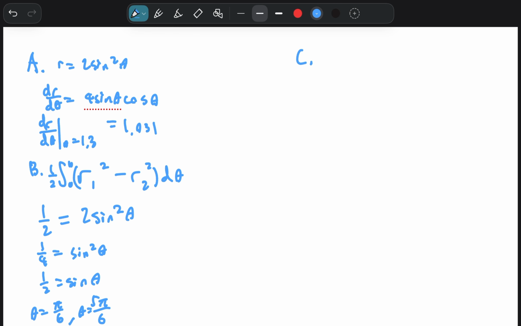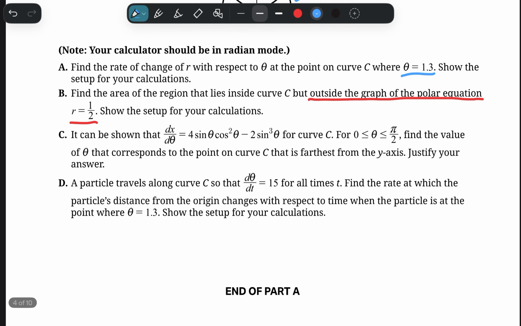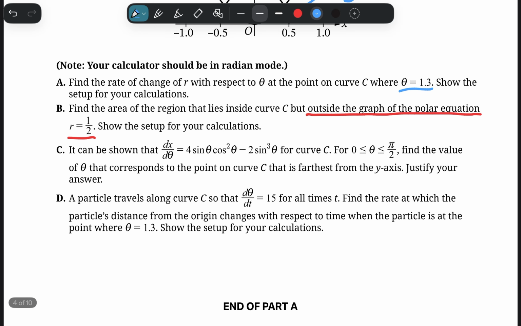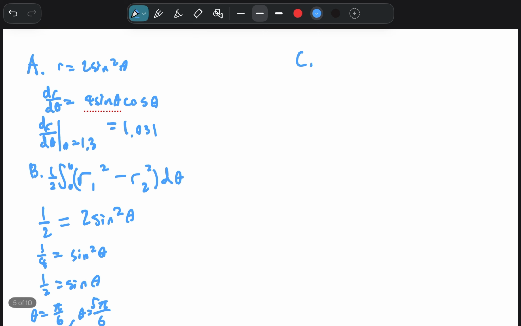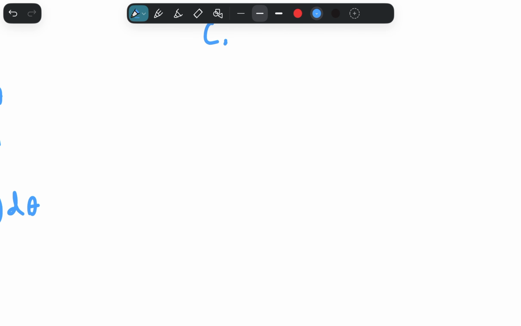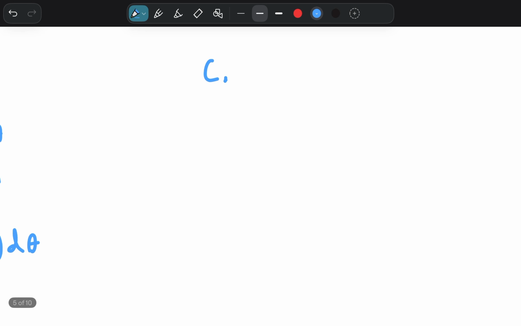Now, moving on to part C here, the question asks: it can be shown that dx/dθ is equal to 4 sine θ cosine squared θ minus 2 sine cubed θ for curve C from θ equals 0 to θ equals π/2. Find the value of θ that corresponds to the point on curve C that is farthest from the y-axis and justify your answer. This is basically like another candidates test, so we're given the x